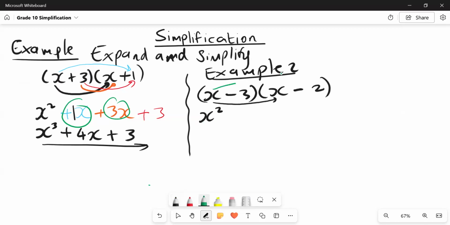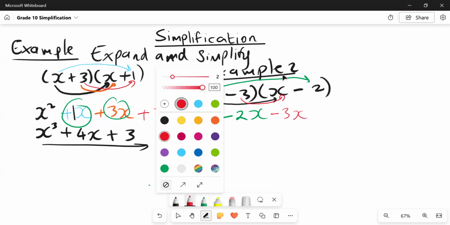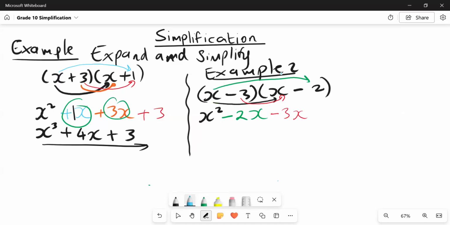The last one, x times negative 2, that's negative 2x. And then the inner ones, negative 3 times x, that's minus 3x. Then the last ones, now you have your negative 3 times your negative 2, which will give us a positive